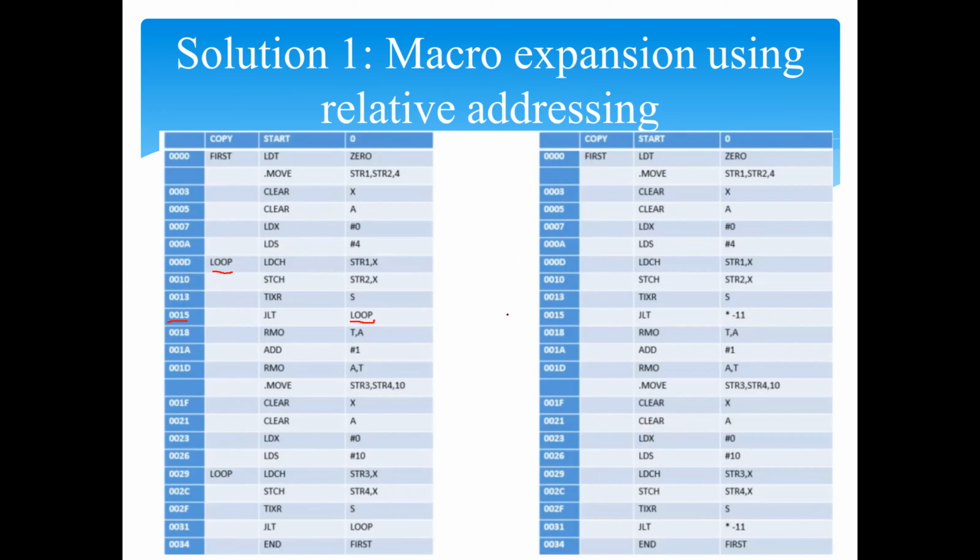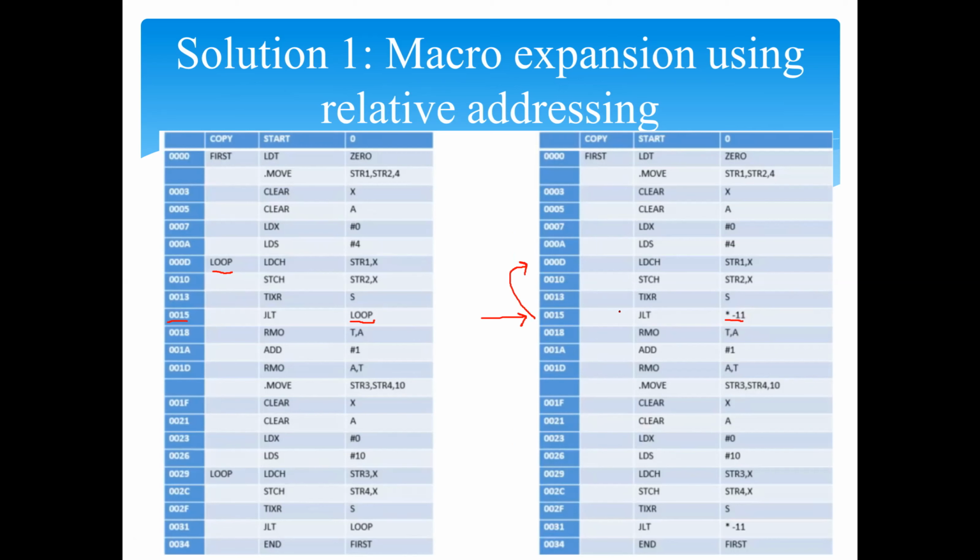So consider that same statement. In the same statement, rather than using a label, they have used a relative addressing format. What it means is star means the current position, minus 11. So from the current position, minus denotes you have to jump back 11 bytes. That is the meaning. Jump back 11 bytes.